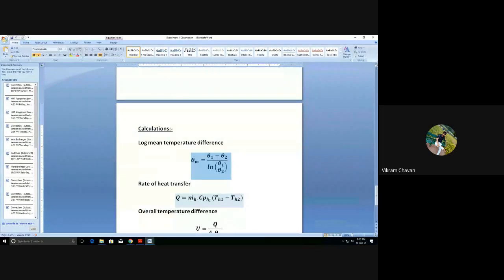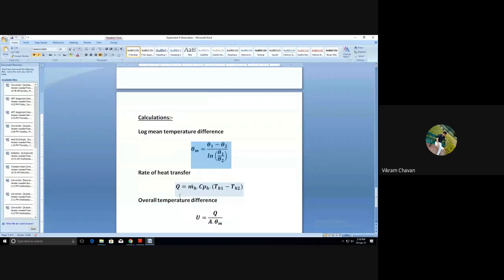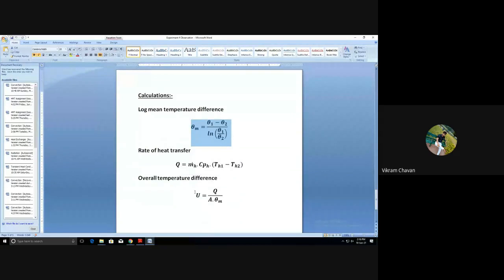Then the CP value for the water is the given quantity, and you have taken the readings for inlet and outlet temperature for cold fluid and hot fluid. So then you can directly calculate the Q. Then further, once you know the Q, you can calculate theta m, the overall mean temperature,